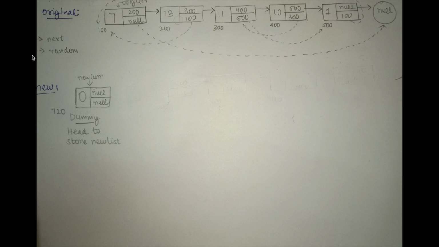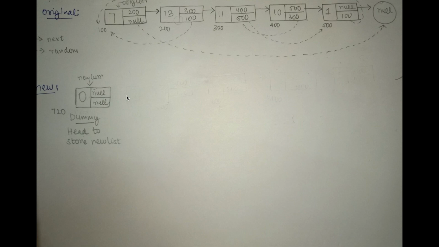First thing that comes into the mind is, why not start by creating new nodes, copy the data from the original linked list nodes to the new nodes and start chaining the new nodes. But how can we do this? We can create a dummy node to store the head of the new linked list. Do note that whenever we create a new node of the linked list, the next and the random pointers are initialized with null only. The purpose of creating the dummy node is just to store the head of the newly